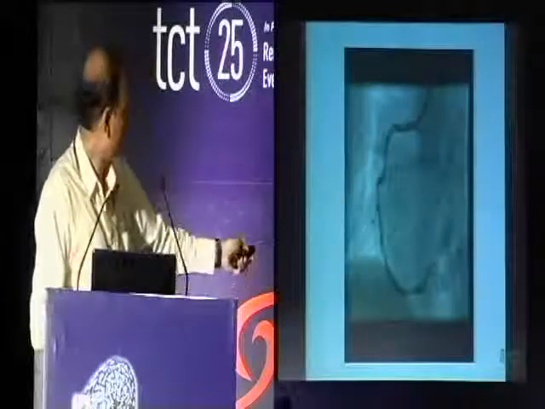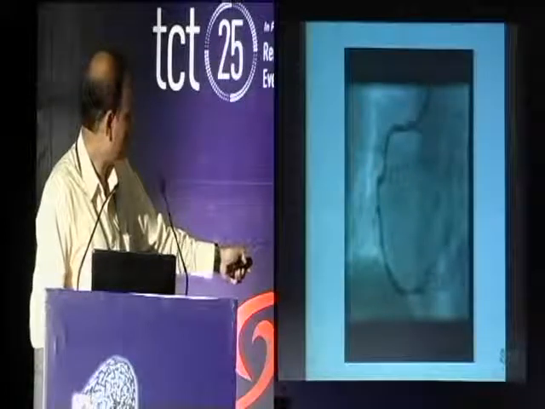We did a stenting here and we put a stent here, and there's a dissection here in this part of the vessel. So we thought probably we can put one more stent distally and be done with it. Look at the guiding catheter, how it has got disengaged, as we're trying to push in the